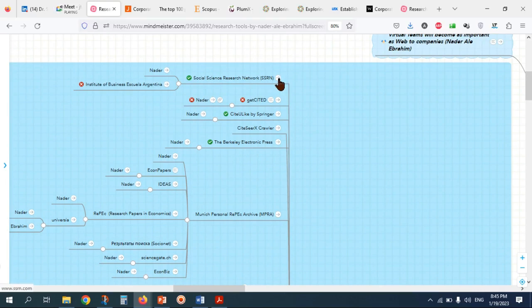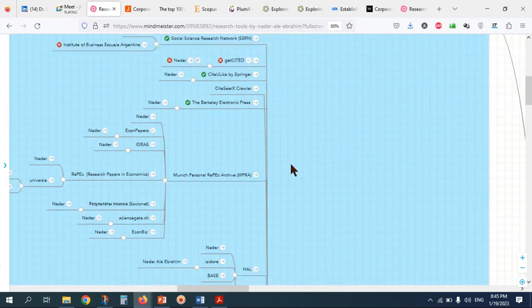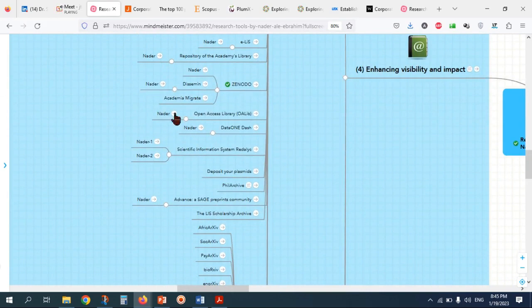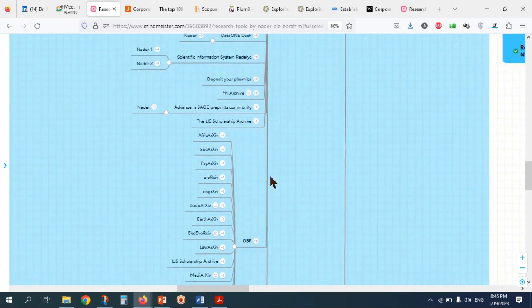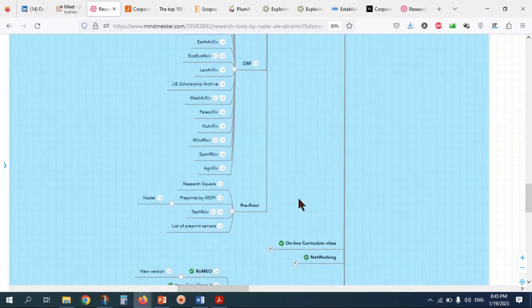You can click here, go to the Social Science Research Network, open an account and then upload your paper. You should think about your paper before uploading to different repositories. If you have a lot of free repositories and have time, you can upload there, especially from the Open Science Foundation and so on.